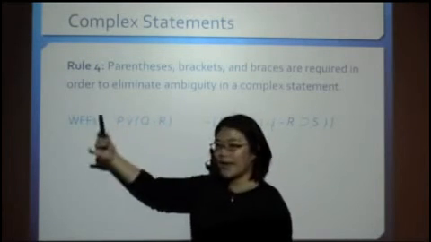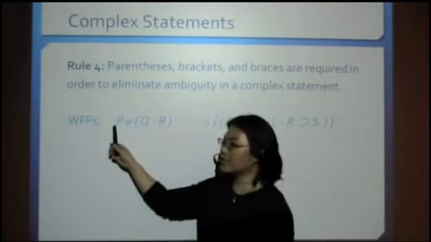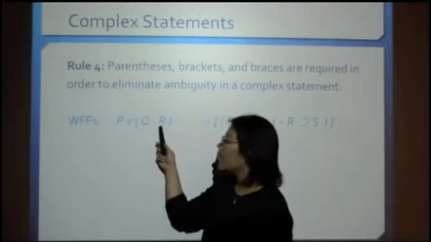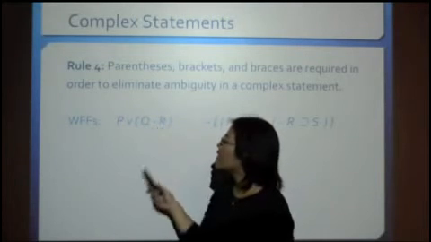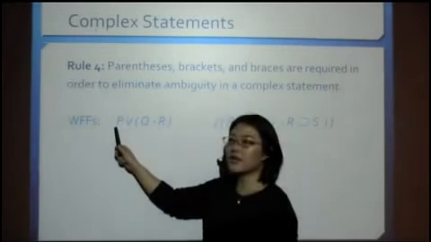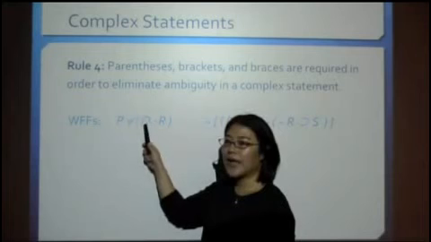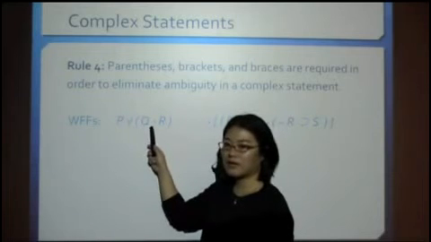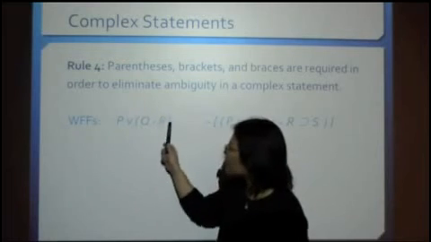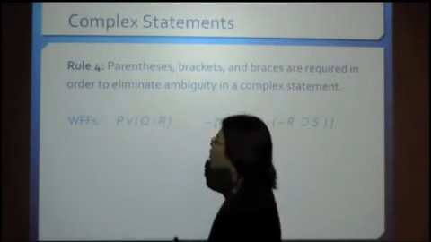So in ordinary language, this would read, okay, in the following way. Now let's say that P is the grass is green, Q is it is raining, and R is roses are red. Then this would read in ordinary language, either the grass is green or it is raining and the roses are red, okay? However, if we didn't have these parentheses here, okay, so if we eliminated these parentheses, we wouldn't